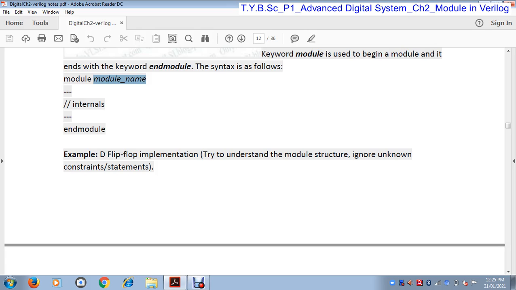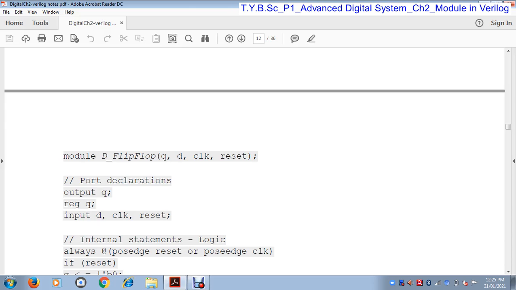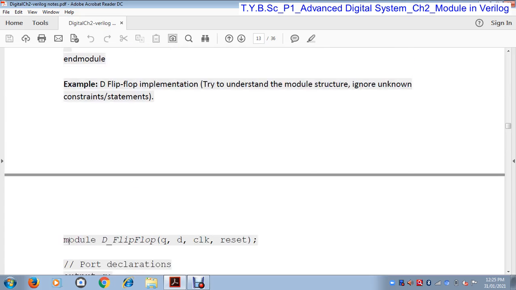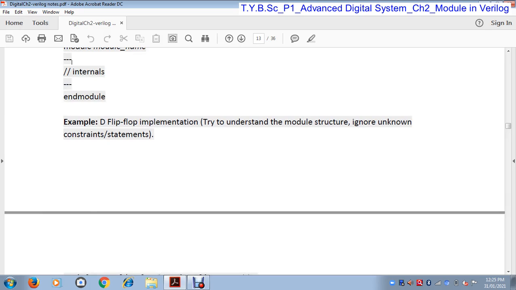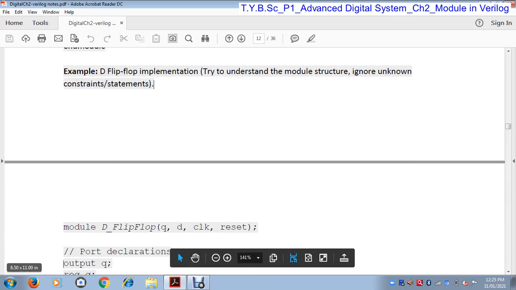Let's take an example so the idea of a module is clear. D flip-flop implementation: a D flip-flop can be designed by using Verilog HDL. This is the module keyword, and for the design, we write a program for a D flip-flop, so we give it the name D flip-flop.